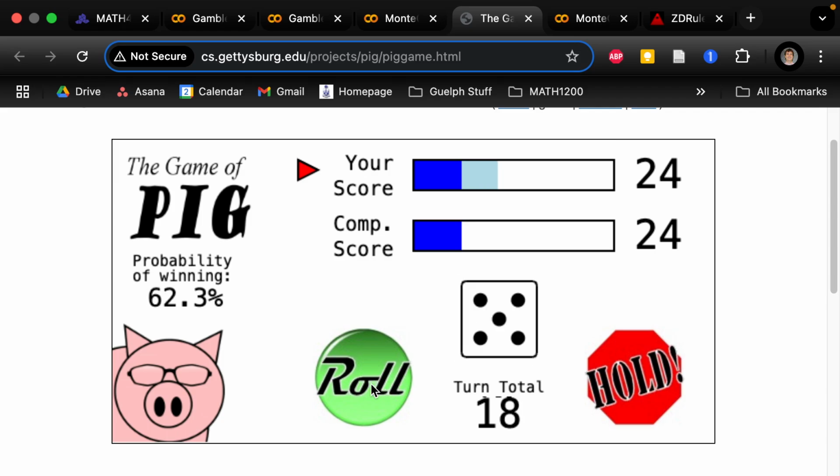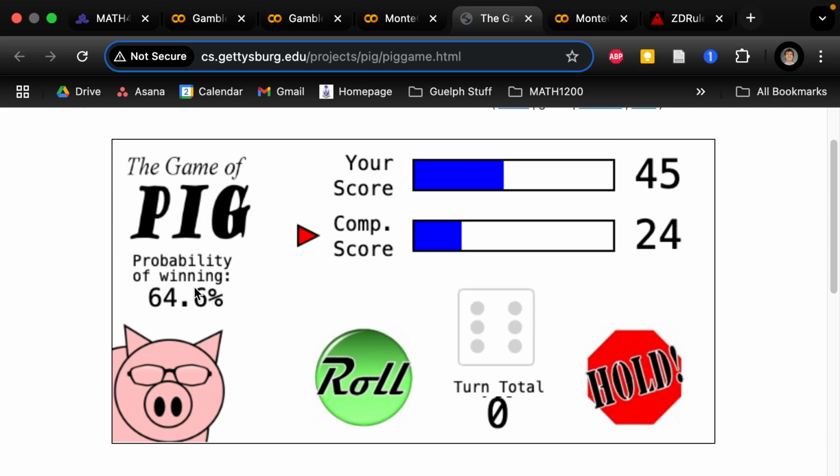Let's see. Okay, guys, I'm at 18. We'll roll one more time. All right, I'll stop there. And now the computer will go, and he's this little pig over here who's playing. Ah, he lost. Okay. Anyway, I'll include this